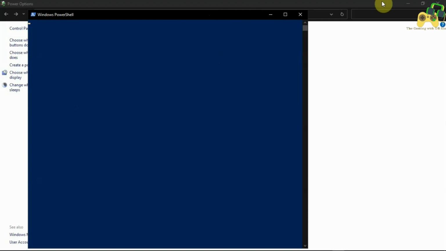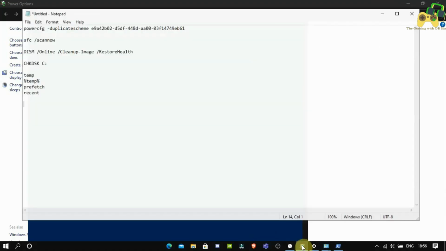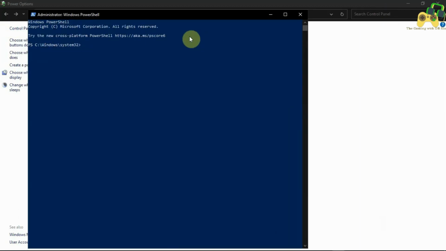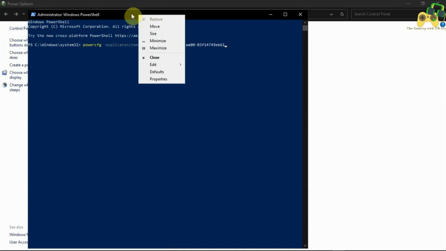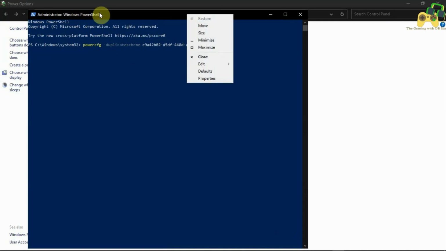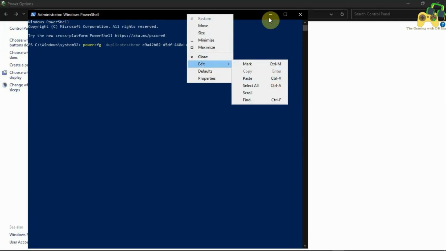Let my PowerShell load a little. Anyways, I'll show you the command here. This is the command. You need to copy and paste this exactly as it is in the description, otherwise you might make an error and it will show an error. So copy that command and paste it just as it is in the description. Go ahead and right click. You can either press Control and V, or right click where administrator is written, then choose edit and paste from there.